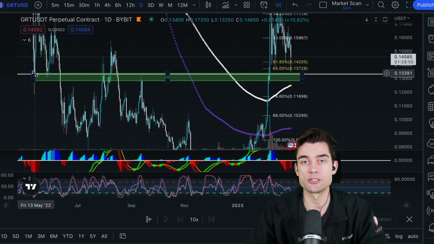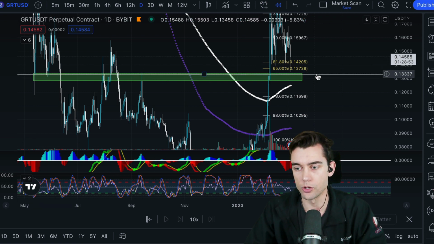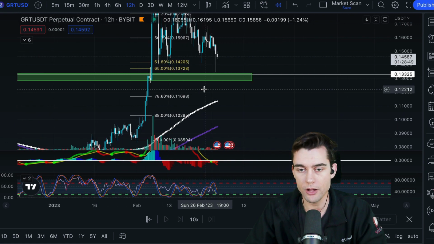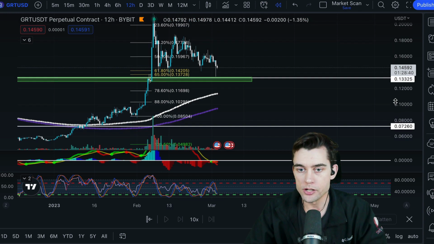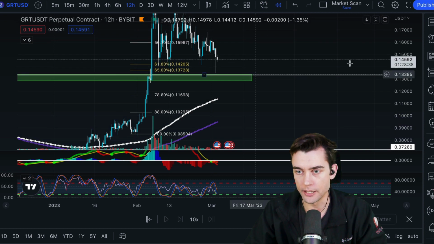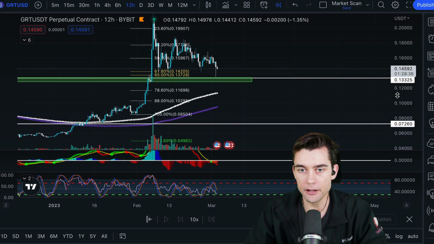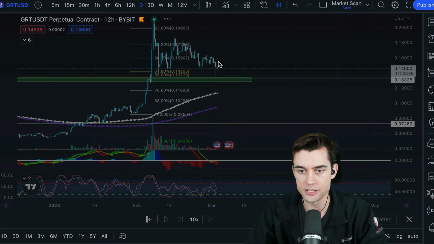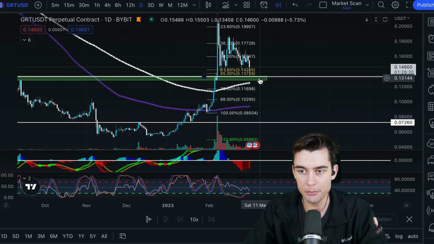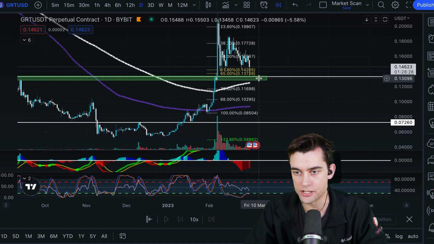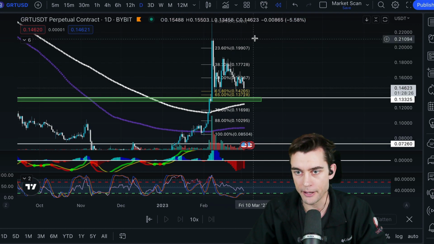So this is a big SR flip zone, this whole area, right? So I really like this area. And if we go down to the 12-hour, you could also see that the close was not hit either. Plus, I'm looking at this and I'm seeing a lot of confluence, a lot of different things lining up that make me think it's probably going to come down and snatch this up real quick before zooming back up.